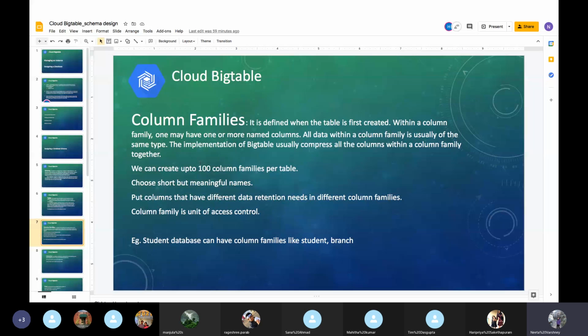Retention policy basically means we cannot delete data before a given time period. If we keep them in the same column family, we will not be able to apply this. So columns that have different data retention needs should be in different column families.